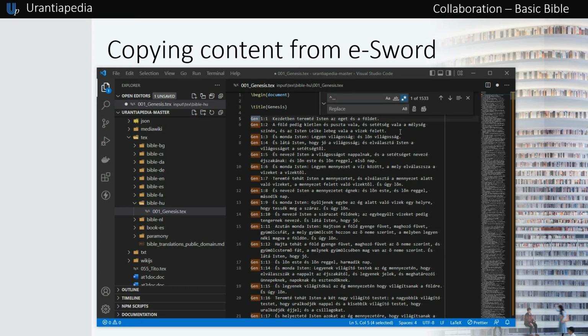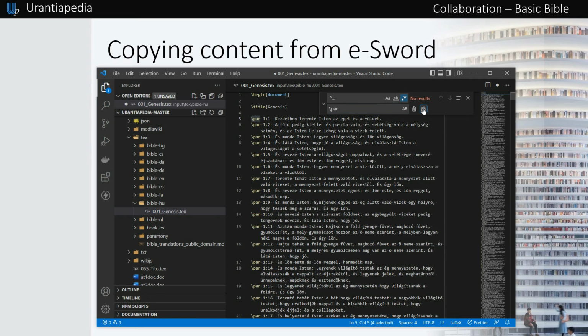Be aware to also add a space at the end. In the Replace box, type \par and also be aware to add a final space after that. Ensure that the button Use Regular Expression is clicked. Now click the Replace All button.